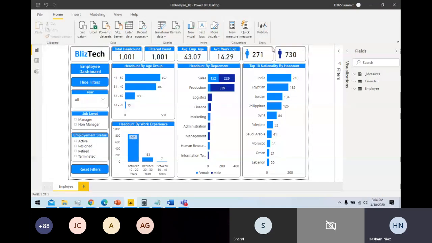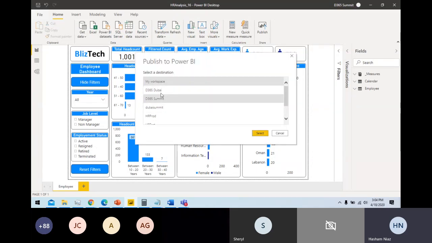So let's try to publish this report. When you publish this report, it will ask you to save the change. All the saved latest changes will be deployed in your particular environment. This report we created in our last session, so I'm taking this report and I'm going to deploy it. Now it is asking me about different workspaces. This is my workspace, which is a personal workspace.